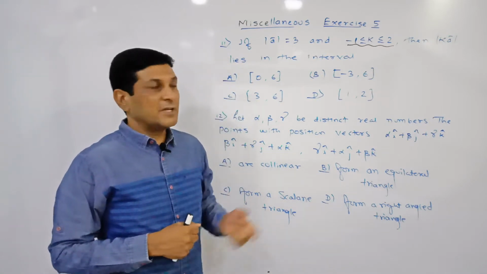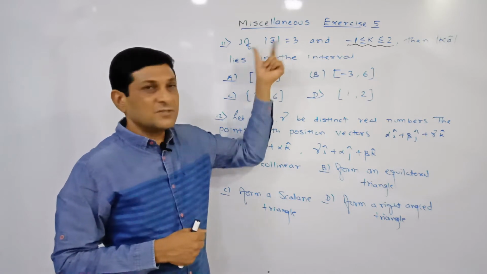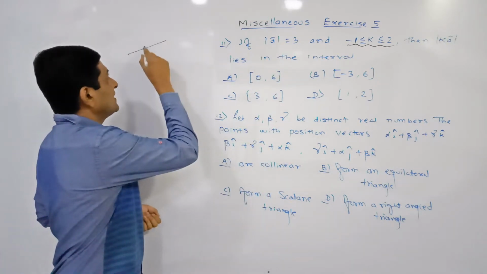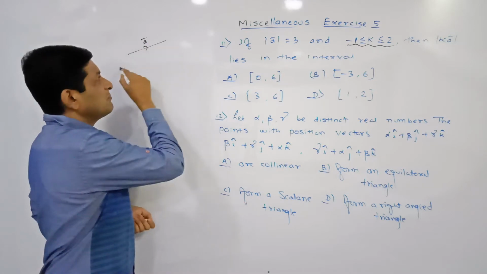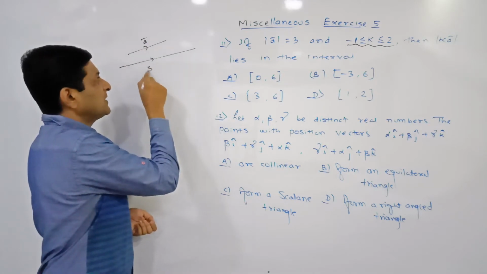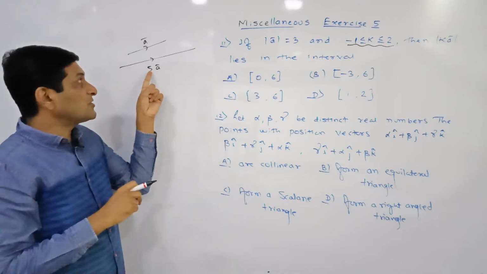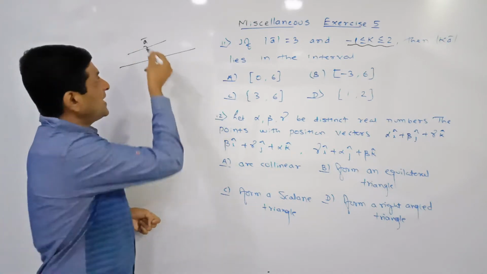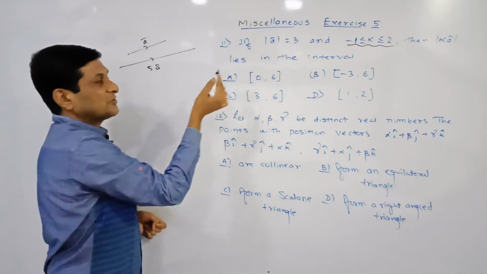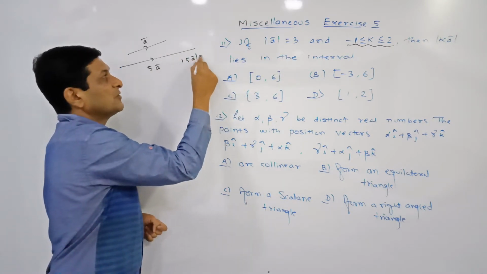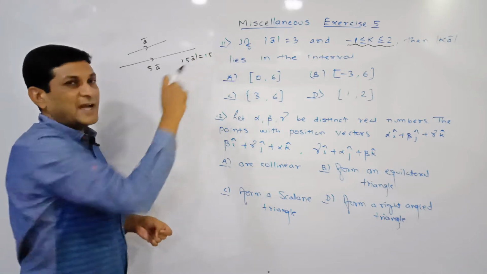In this example, the magnitude of a bar is given to us as 3. Suppose one vector is given to us, let a bar be one vector. If I multiply this vector by plus 5, then we will get a new vector whose magnitude is how much? 5 times the magnitude of a bar. The magnitude of a bar here is 3, so the magnitude of 5 a bar will be 5 times 3, which is